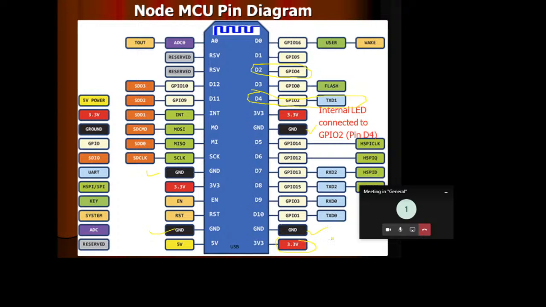But if you require more than one 3.3 volt pin, there are three pins available: one here, and another one shown here. And only one 5 volt pin is available. But mostly you will need 3.3 volt to interface with your external hardware.